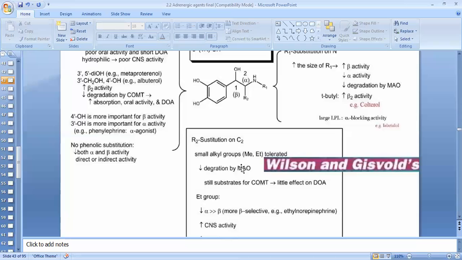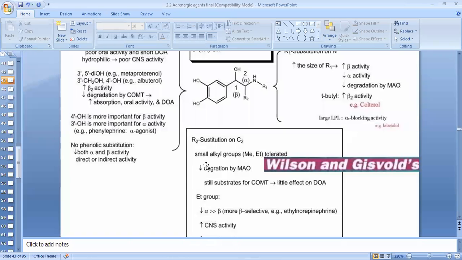Because monoamino oxidase enzyme will metabolize this ring and decrease its activity. But if we substitute this R2 position with a methyl or ethyl group, it will decrease the degradation by monoamino oxidase, meaning increased bioavailability, still